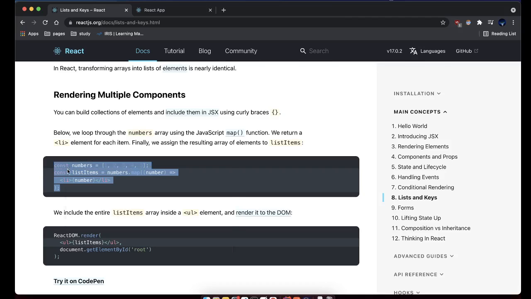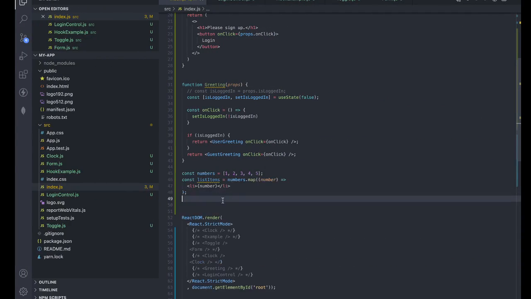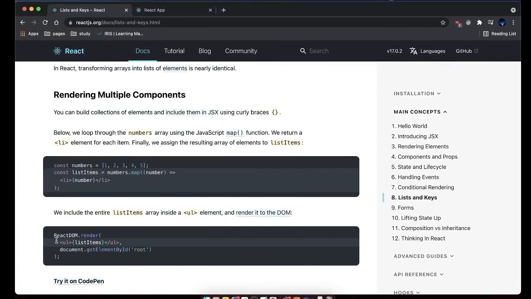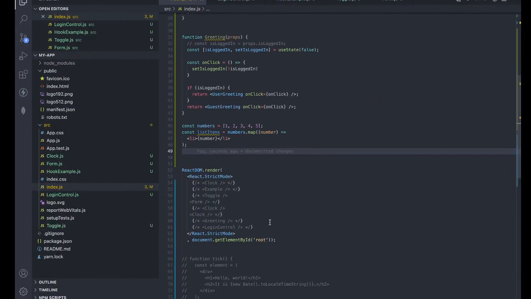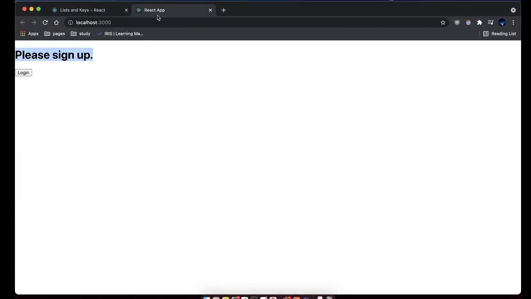And let's copy this line, and we can just render this whole thing directly,